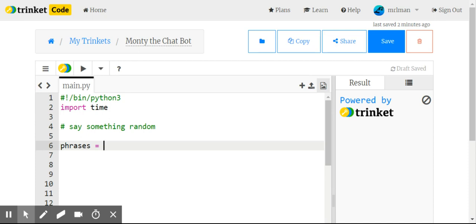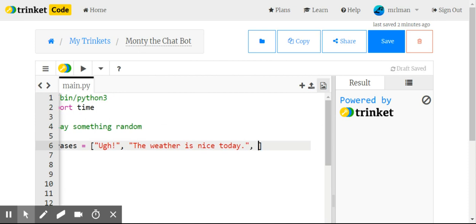Now, the way that you make a list in Python is you use these square brackets. And so I could put a few phrases in here separated by commas. So, ugh, would be one. The weather is nice today. 今日天氣好好。The weather is nice today. 今日の天気がいいですね. All right, weather's nice today.